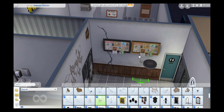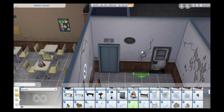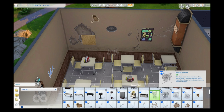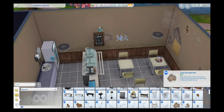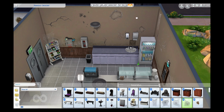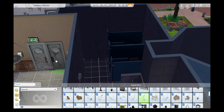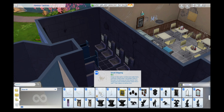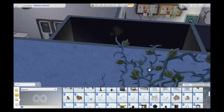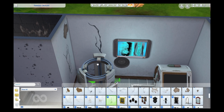Yeah, another thing I used as well is I put loads of the mouse holes from City Living, so when this lot is in live mode you should have mice running around as well, just really make it look, yeah, not a nice place for your Sims to hang out, but I did have a lot of fun with it. I used those pipings as well from City Living, so there's a lot of rusty looking pipes because I really wanted the place to look just kind of older. Like at one time it was, you know, fancy and high tech, but so much time has passed,